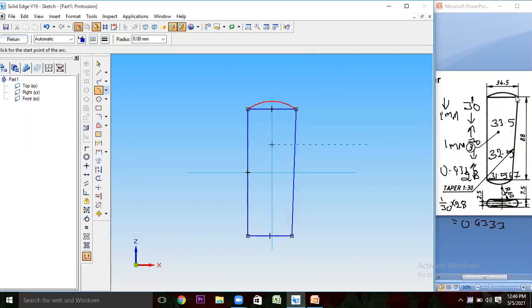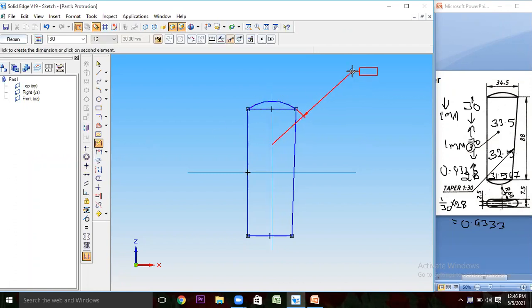As it is not given, you can give any dimension over here. You can give 30 mm, 25 mm, 50 mm, 60 mm, 70 mm, anything you can give, and this won't be playing that much important role. That's why you can give any dimension over here. As it should look like this, that's why I'm giving 30 mm dimension to that particular arc. So this is nothing but 30 mm dimension. This is 80 mm dimension. This is 34.5 mm dimension. This is